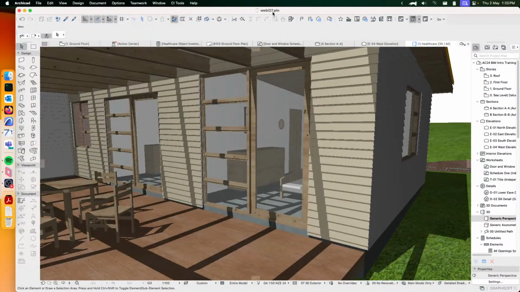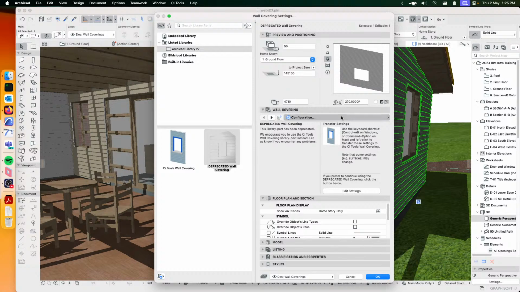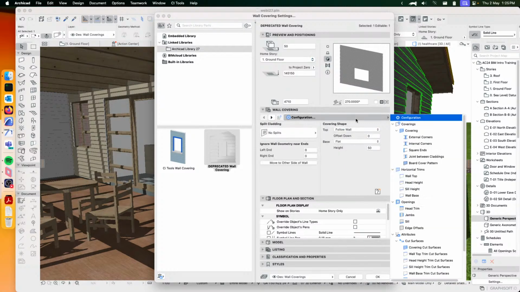So what I'm going to look at next is just a couple of things to bear in mind, or to make sure you have a look at, which are just slight differences in the new version, which you may not have noticed yet. So one of those is that in the old object, if we hit edit settings, we can modify that here,